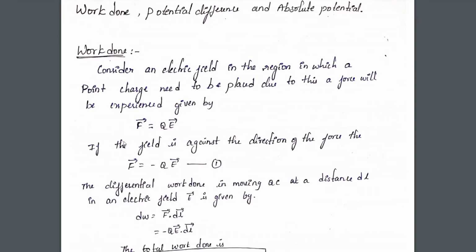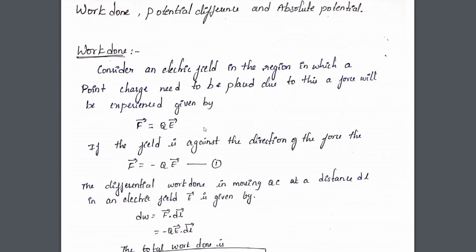Work done is nothing but a movement of the object from one point to another point by applying an external force on it. So this is called work done. How do you define work done? It is a product of force into displacement. That product will give you the work done, and work is similar to energy. Energy transferred is always equal to work done, and both are measured in joules here.